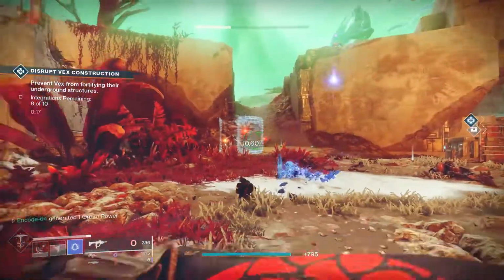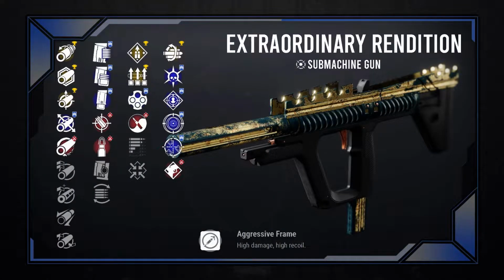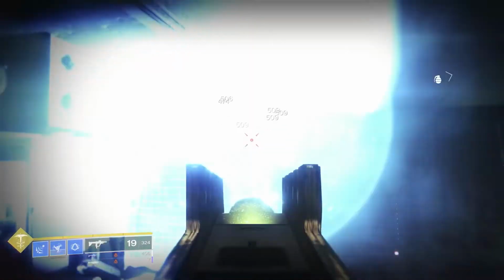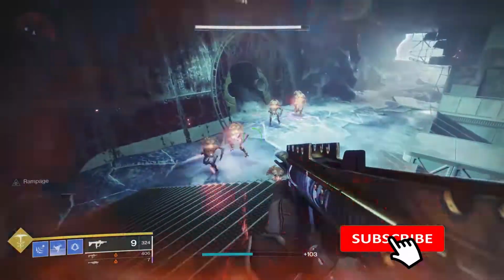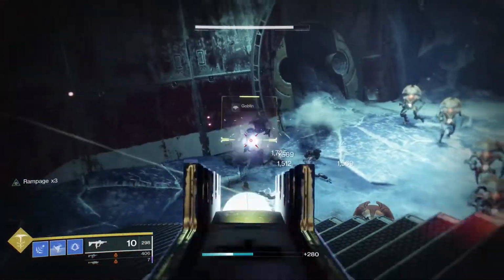Next up is going to be the Extraordinary Rendition. Extraordinary Rendition is a kinetic SMG and boasts an aggressive frame with high damage and 750 rounds per minute. It is possible to obtain this from Season 13 activities and from Ingrams in the Prismatic Recaster. This SMG is the mirror to the MULTIMACH, being able to hold its own in PvP, but truly shining in